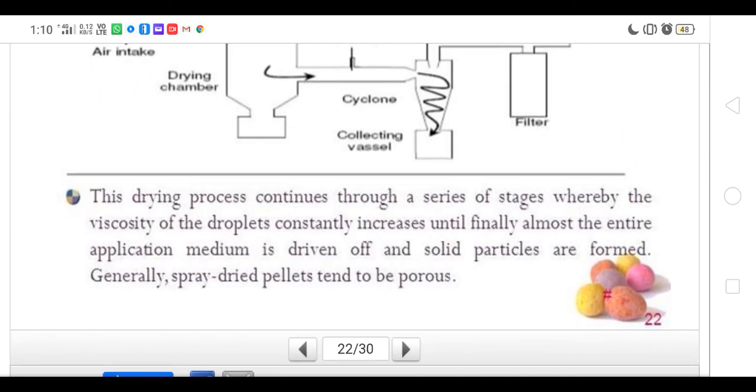Here again it is called spray dried pellets, where viscosity constantly increases until finally almost the entire application medium is driven off. Here the drying process is through the stage where